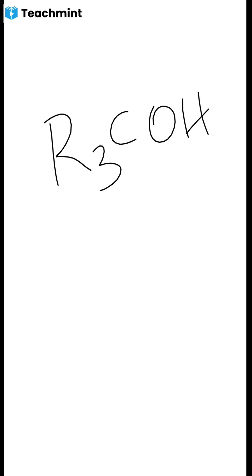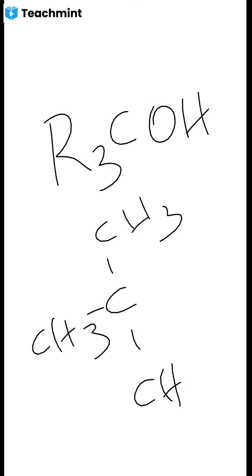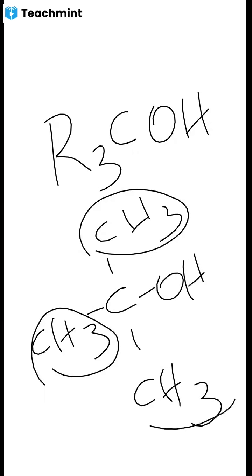Tertiary, R3COH. So this is an example for tertiary alcohol. So 1, 2, 3, R3COH. Tertiary butyl alcohol. அதாவது இது பேர் நம்ம என்ன சொல்றோம்? Tertiary butyl alcohol, the common name. So 3 types of alcohols based on alkyl group.